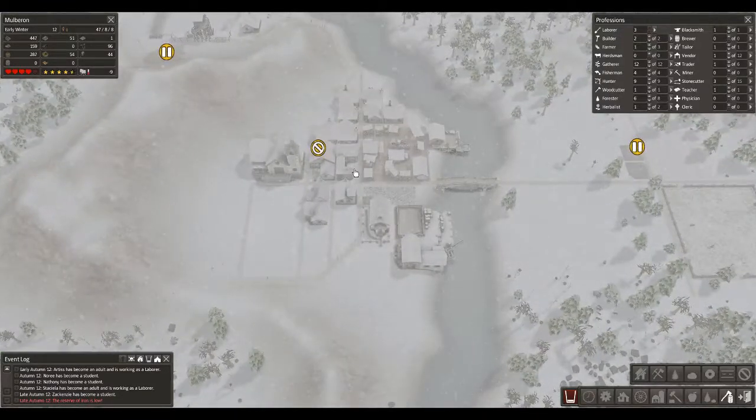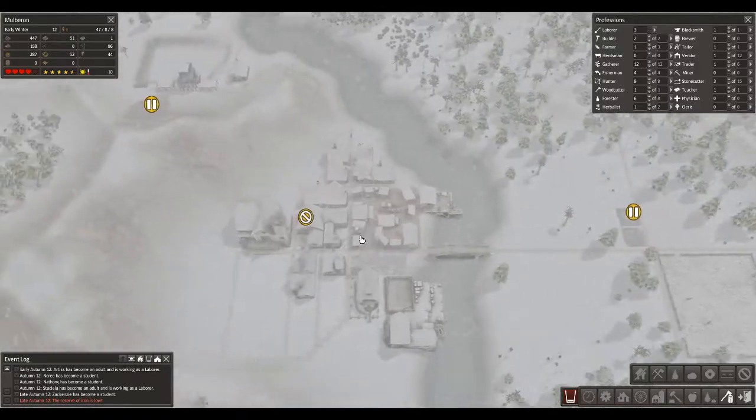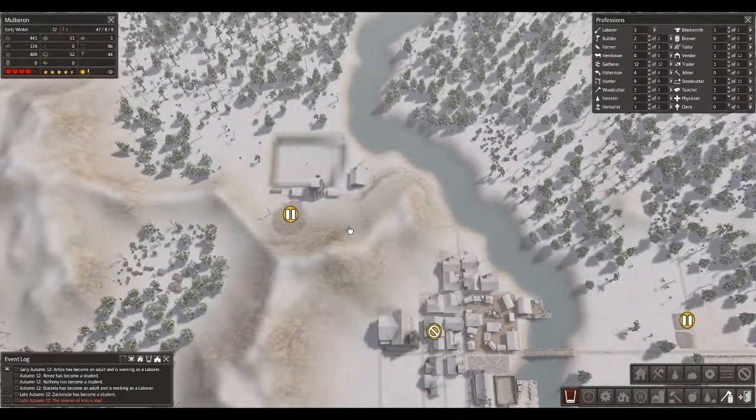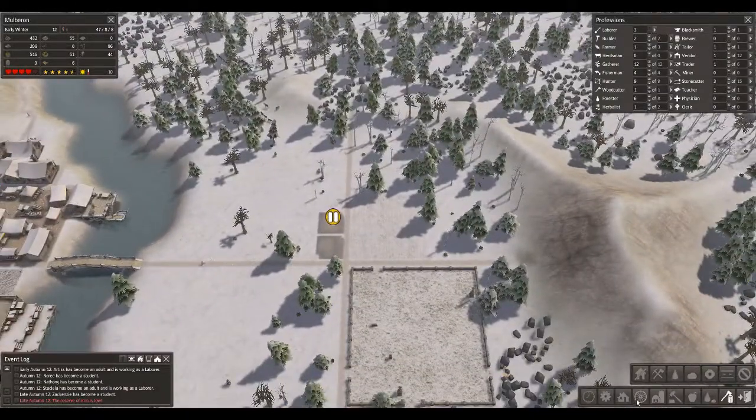Okay, what else do we need to do? I said something about a pasture, didn't I? So we're going to need to get that up and running soon. Where do we want to put the pasture? Do we put it next to the farm? I think we'll just put it next to the farm. Let's see how...